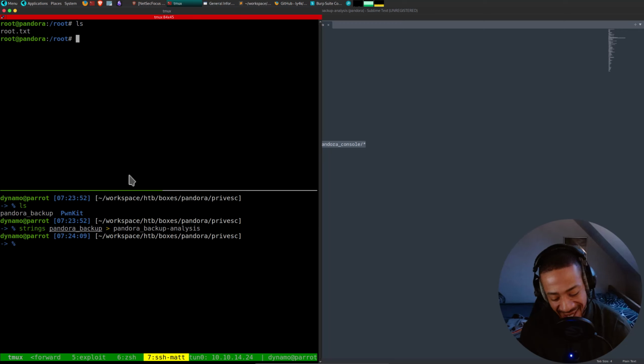I will link it in the description, but we weren't happy with that exploit because it's just way too easy, and then exploited Pandora backup, which used tar to run the backup. But we were able to do path hijacking to then also gain root, which was not very elegant. We killed the path but then recovered it, and yes, we've got root.